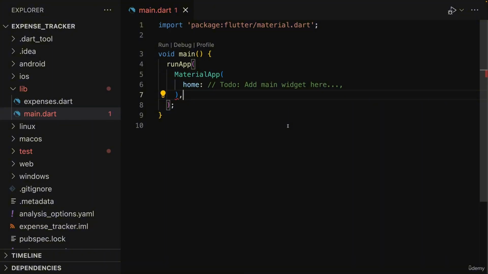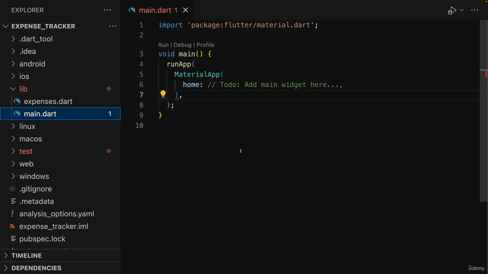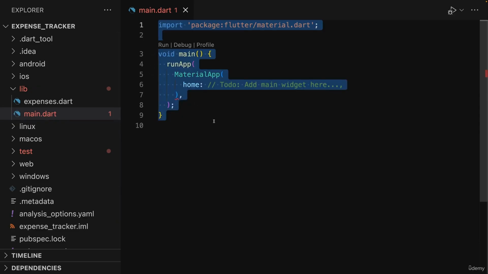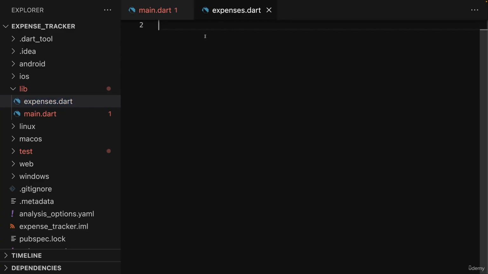And for that, you of course should create another new Flutter project with the Flutter create command. Here I created a project called Expense Tracker with Flutter create expense tracker. And then attached to this lecture, you find a main.dart file, which you should use to replace your main.dart file in your project with, or simply copy the content of the attached main.dart file and replace your main.dart file's content with it. And also make sure you create an expenses.dart file, which at the moment will be empty because that is the file where I want to create my main user interface,